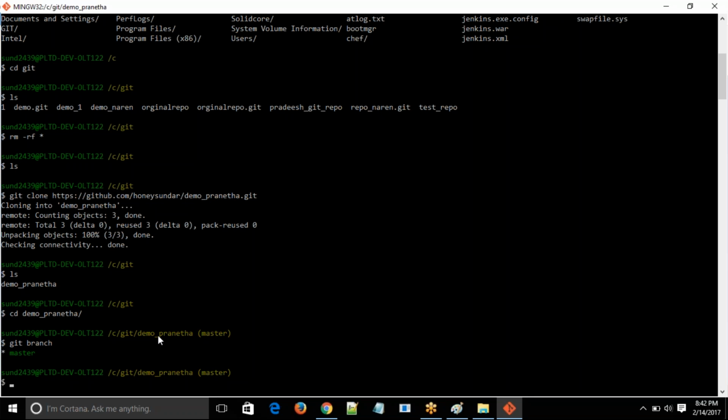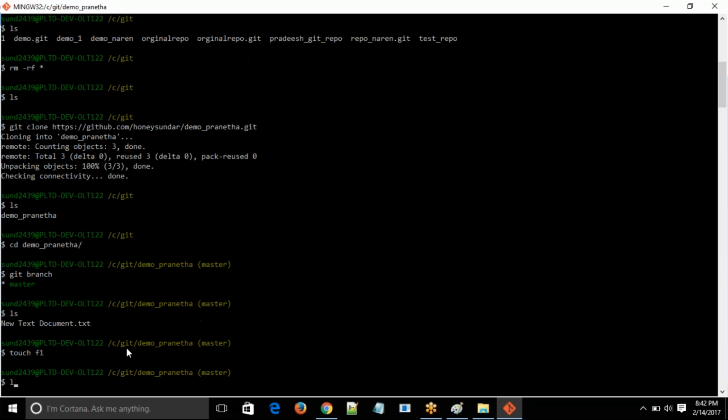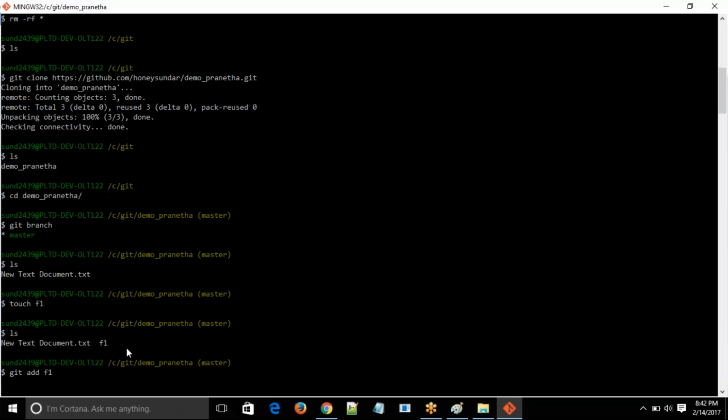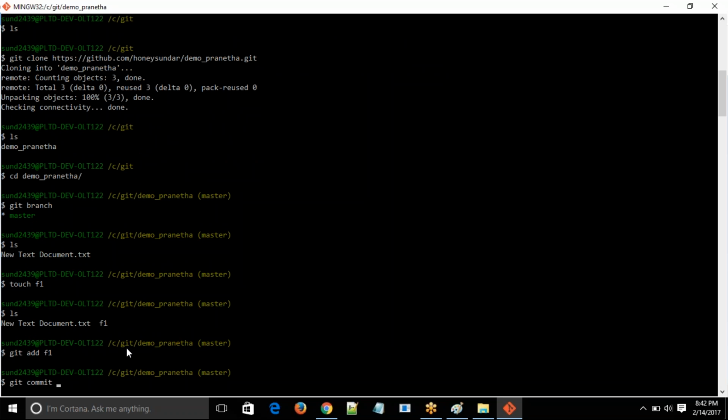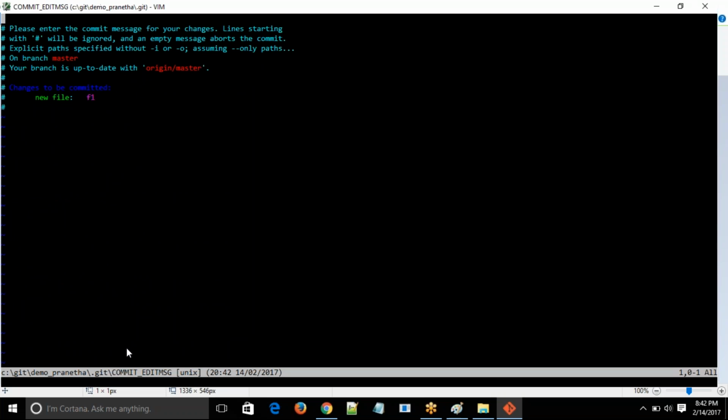Now what we can do here is, if I type ls, the text new document is the one which is already there in your local. Now I can create a file called f1. I have created an empty file using the touch command, and after that I have to use git add to add it, and then git commit to commit the things. Now it is asking for